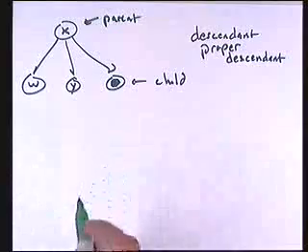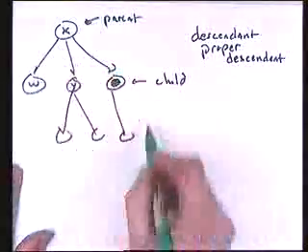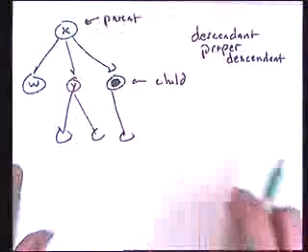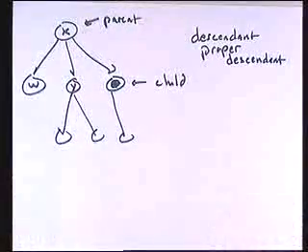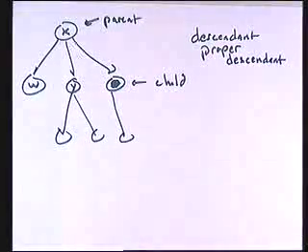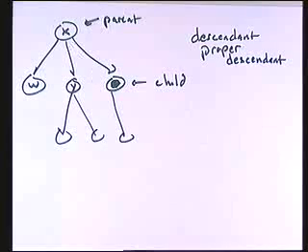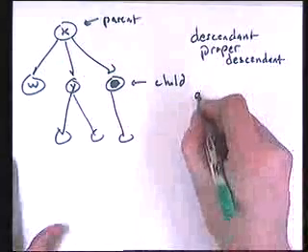And so anything, however far deep this goes, all these nodes that are inside the subtree that X is a root of are all descendants of X, including X itself. And so the difference between descendant and proper descendant is we don't say a node is a proper descendant of itself. And so we could say X is a descendant of X because X is in the subtree, but we really generally don't want to call X its own descendant, so then we have the term proper descendant, which means you don't count X. And likewise, if you're going to use the terms ancestor